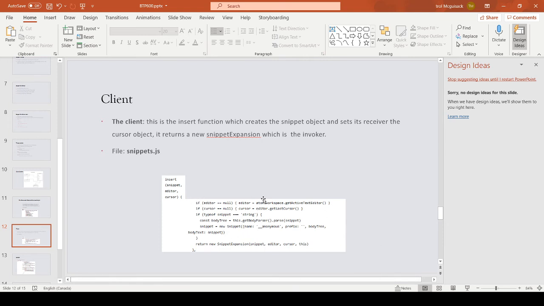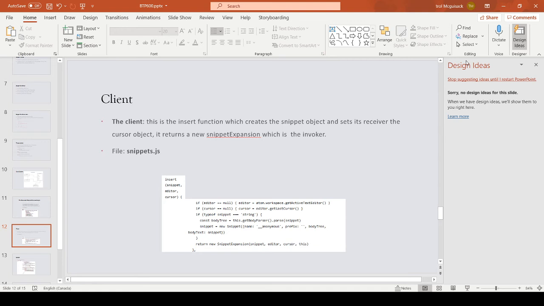It does a bunch of stuff, but the most important thing here is this return new snippet expansion, snippet, editor, cursor, and this. So basically, this is going to create the snippet based off of this information that it puts into the constructor, and then it will set it up so that it can set its receiver, which is the cursor,